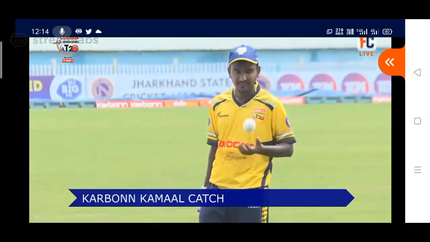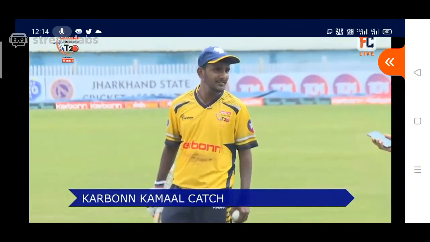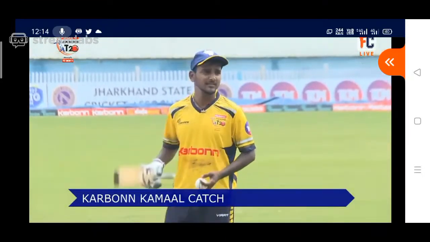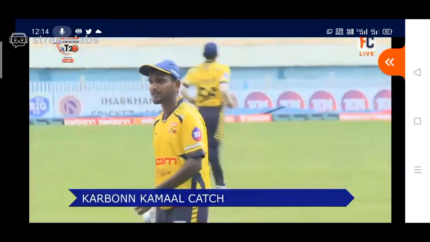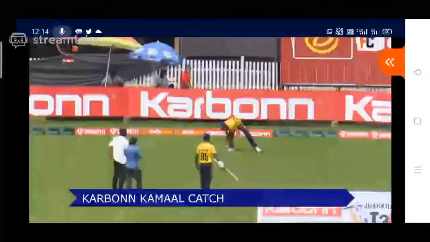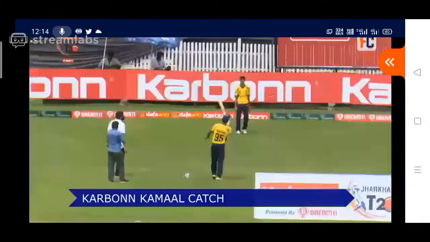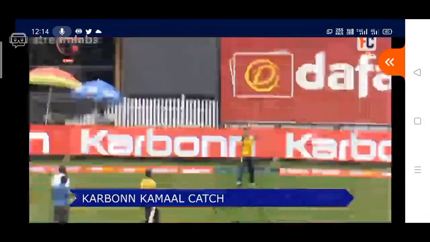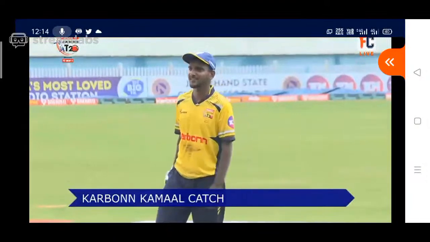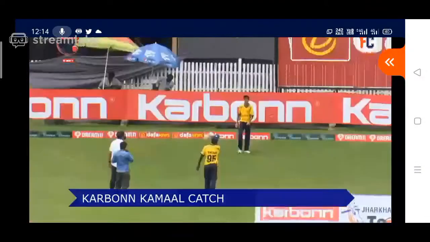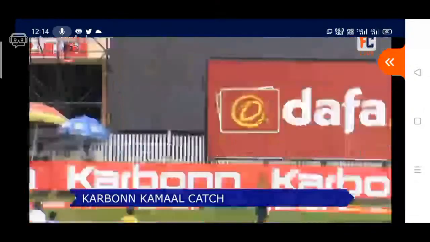So this is the carbon Kamal catch. So we are on field with the carbon Kamal catch here. And that's 2 batsmen from the Ranchi Raiders, you can see, with the bat there.